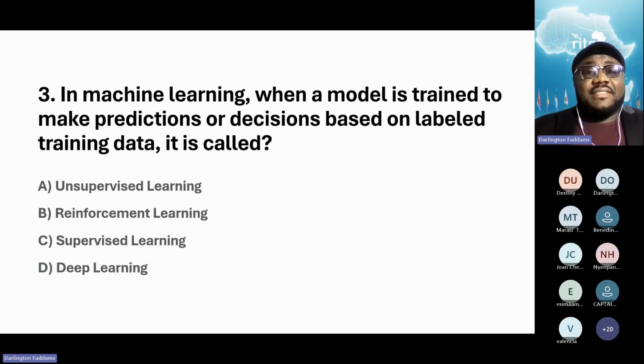Last question. In machine learning, when a model is trained to make predictions or decisions based on labeled training data, it is called,